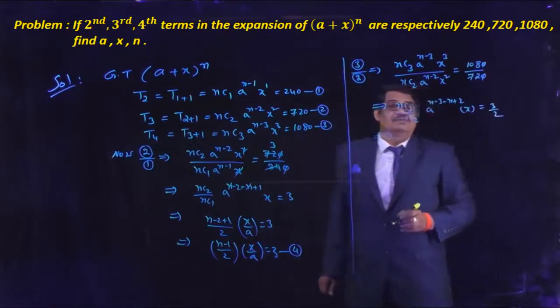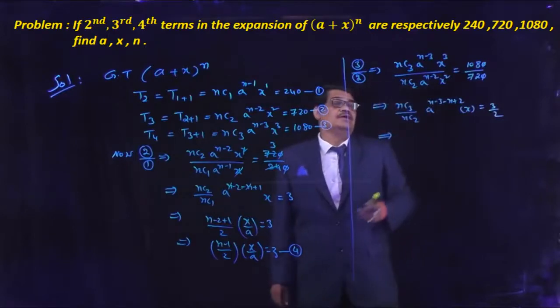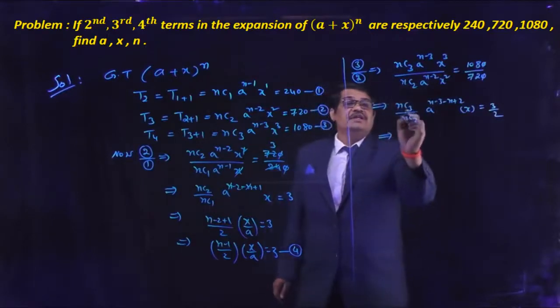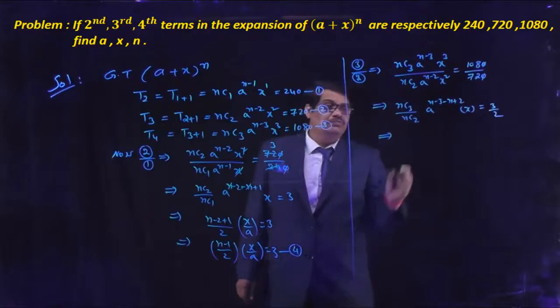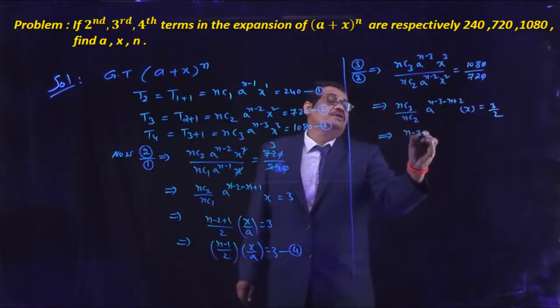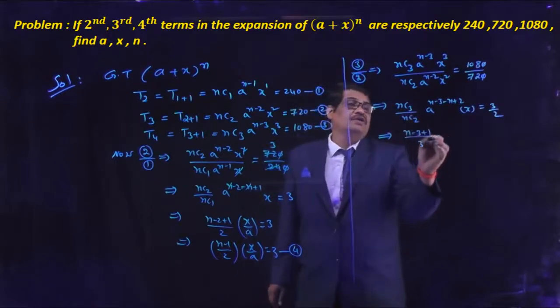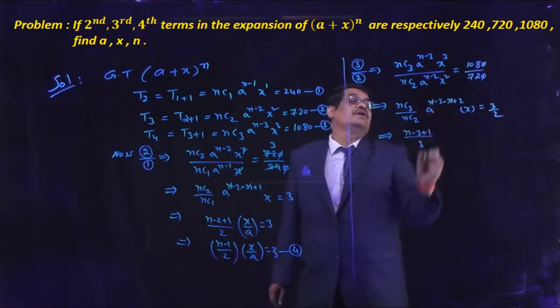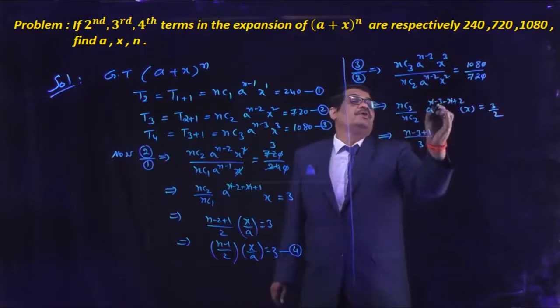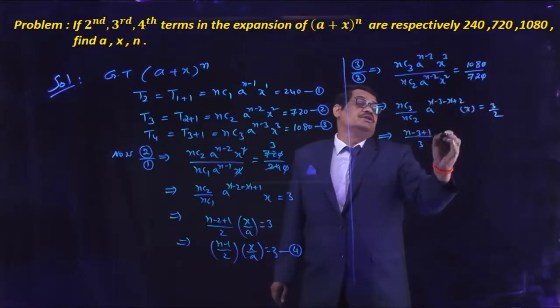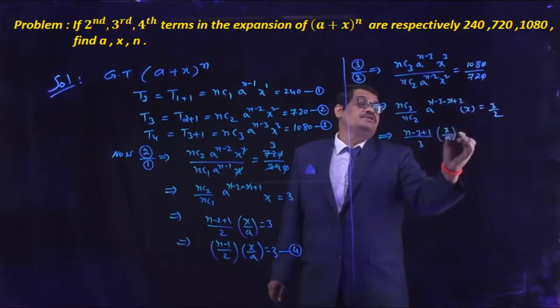After simplifying, nC3 by nC2 is (n minus 3 plus 1) by 3. Here we use the nCr by nC(r minus 1) formula. Minus n and plus n cancel. A power minus 3 plus 2, that is a power minus 1, that is x by a, is equal to